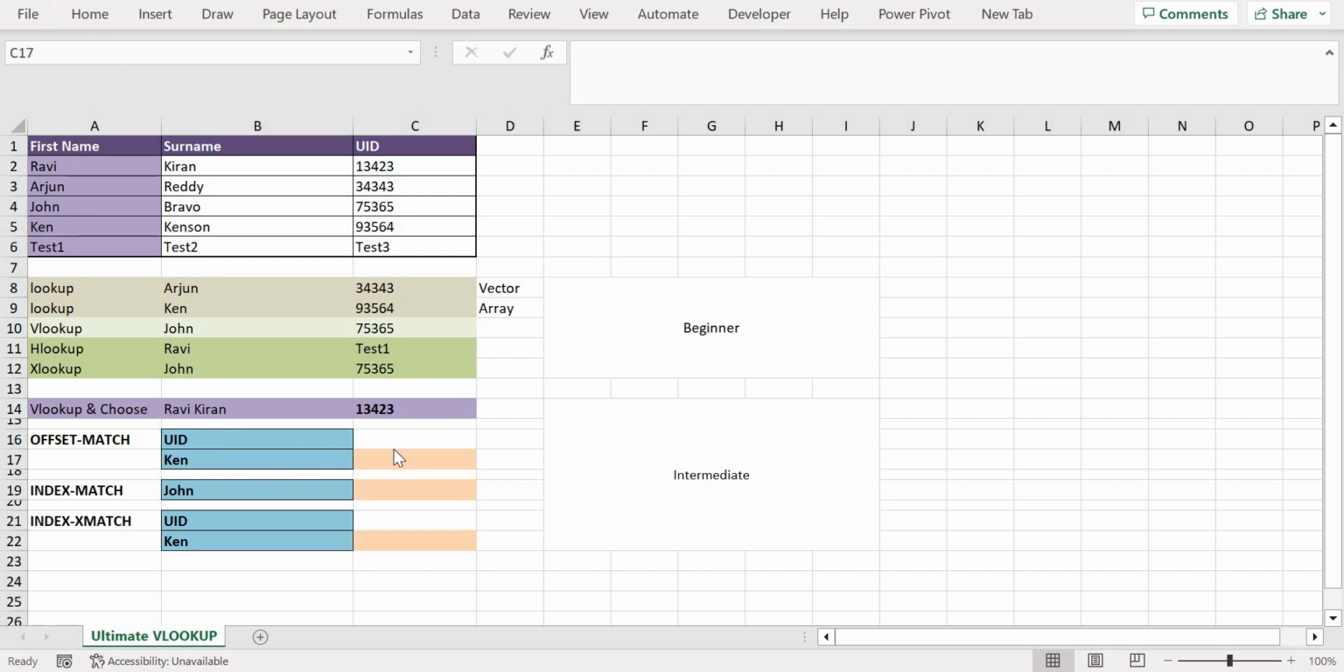So we will move on to the OFFSET MATCH. To use OFFSET and MATCH, we need to make sure we have a defined left hand side of values and we have the header rows. These two are mandatory to use this formula. We'll start with OFFSET, we'll select the start of the data,